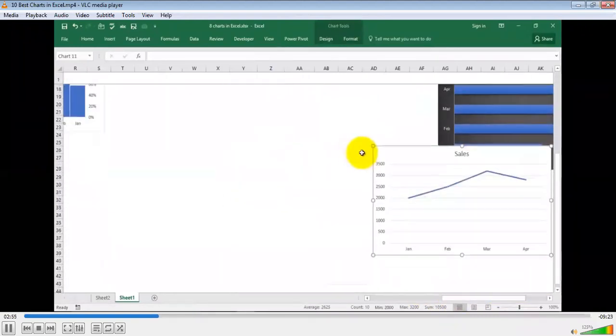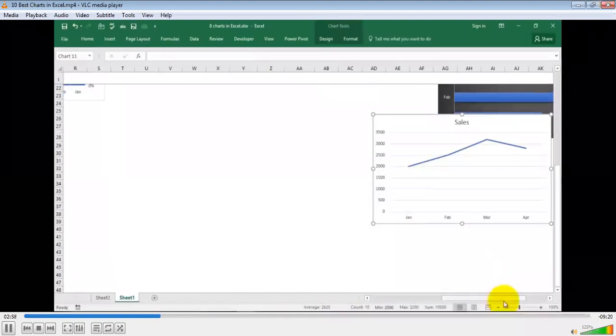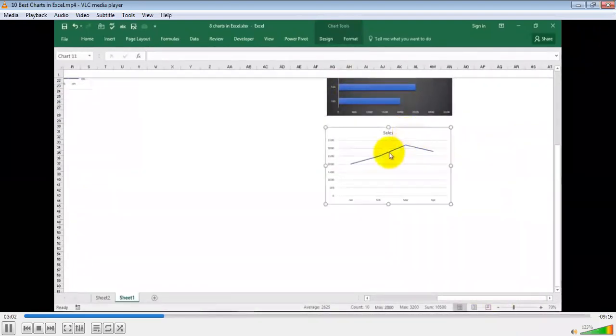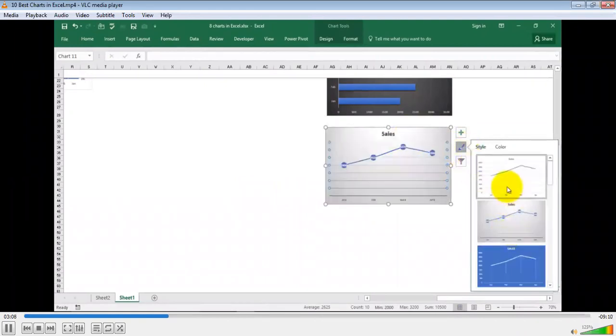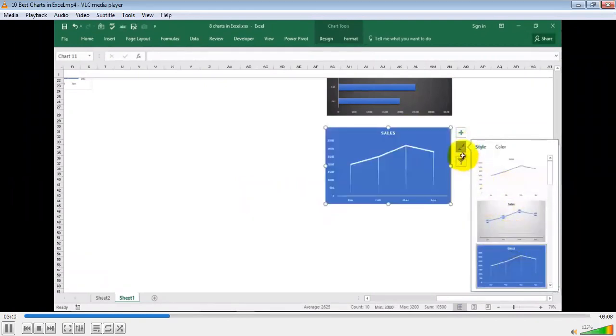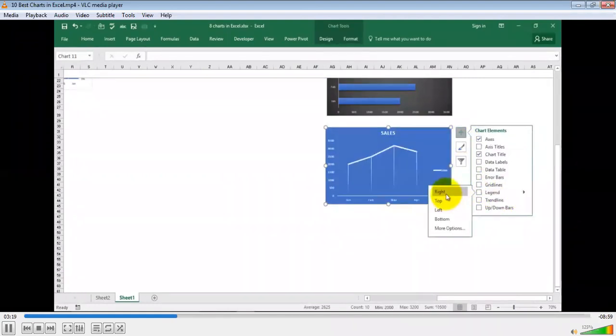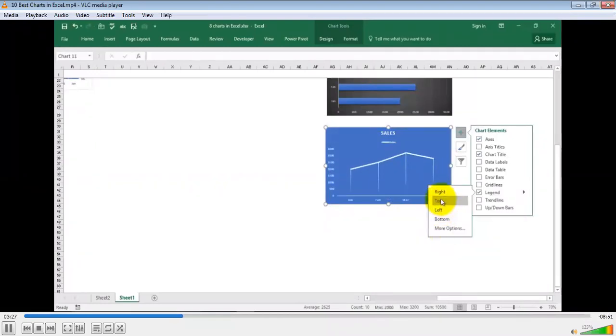This is the simplest one, line chart. I'm going to just reduce this a little bit. This is my line chart, and in this chart, I'll tell you how you can change the colors from here. All right, you can go ahead and work with the legends from here. Where do you want to show the legends? I want to show the legends on, say, bottom, more options. Say I say on top, okay?